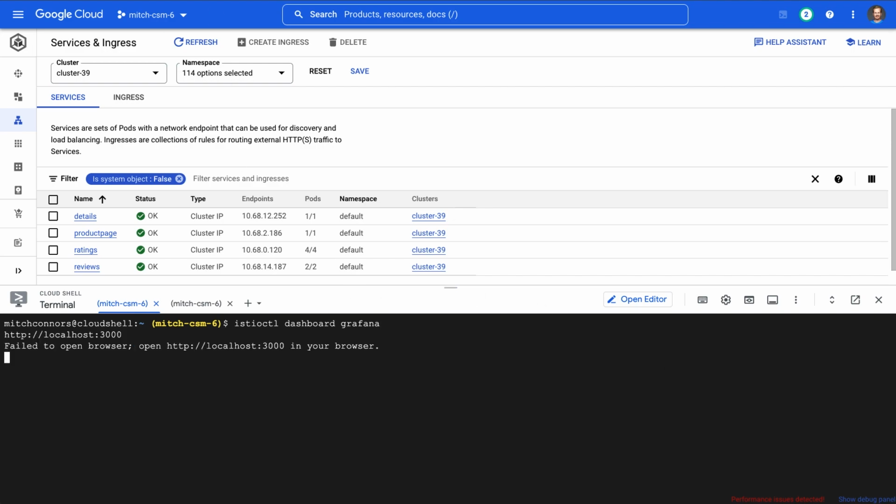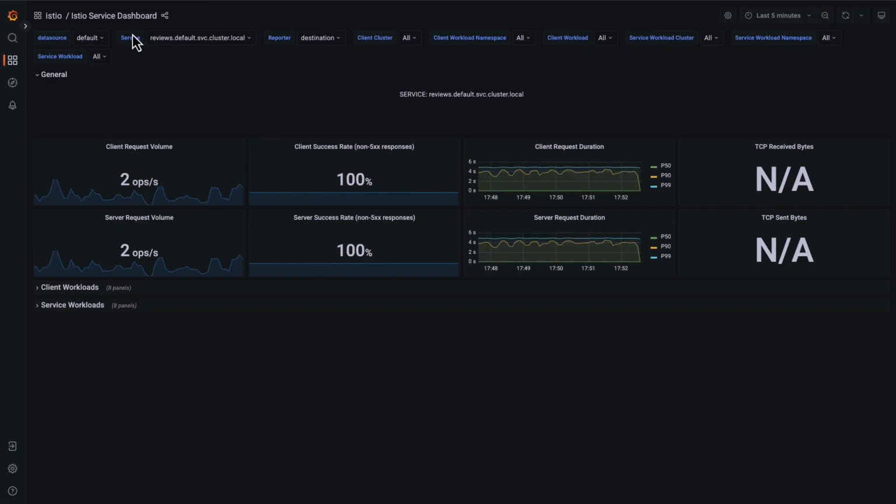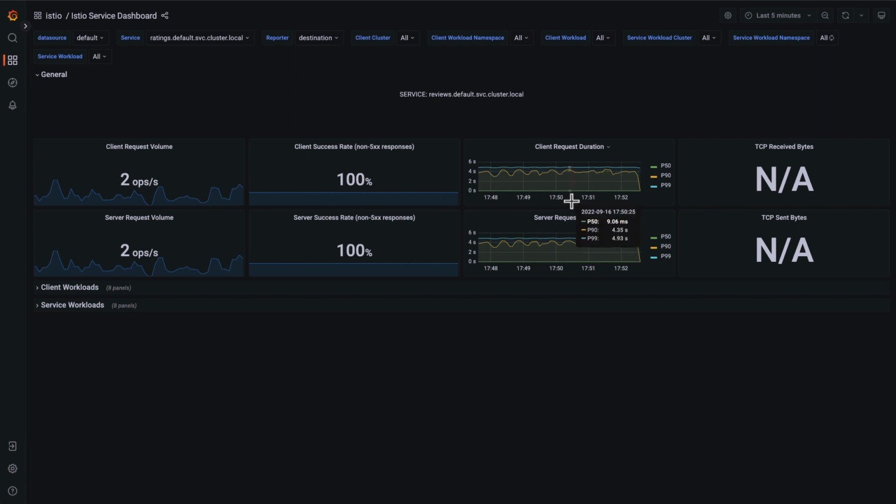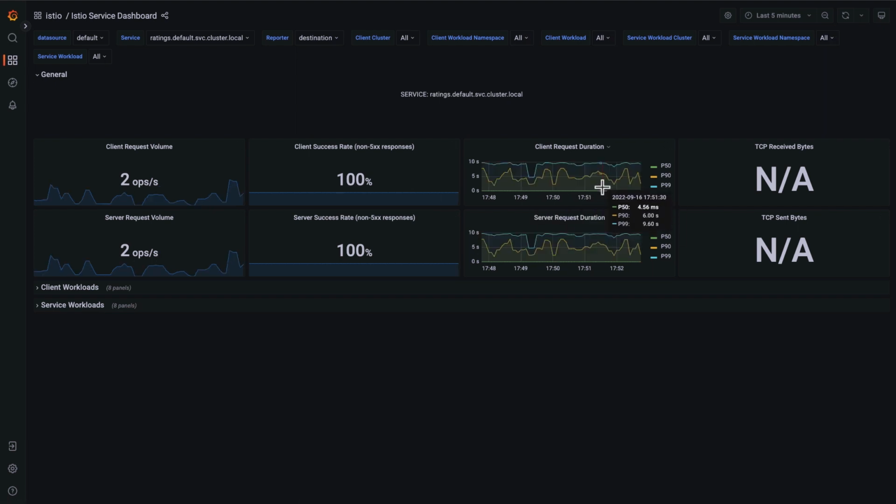We'll take a look at that again here in Grafana. Our review service looks like we're at about 5-second latency there, and our rating service was really bad yesterday as well. Oh man, yeah, still really bad. Looks like we're at about 10 seconds for the rating service. So we've not solved any problems, but we know that the problem has something to do with the ratings and review service. In this episode, we're going to dig into root cause analysis of the problem, as well as mitigation using the Istio APIs, and we're going to try to do that in less than 5 minutes.